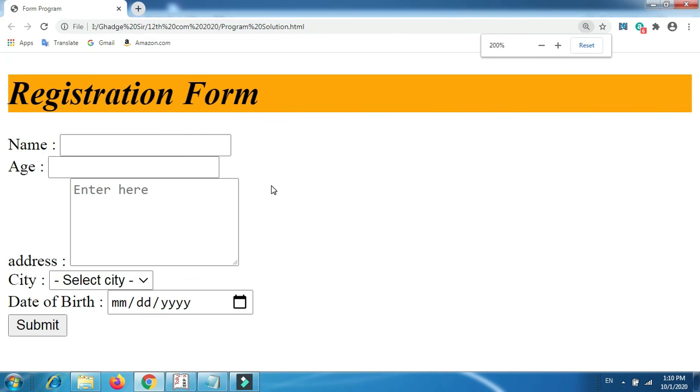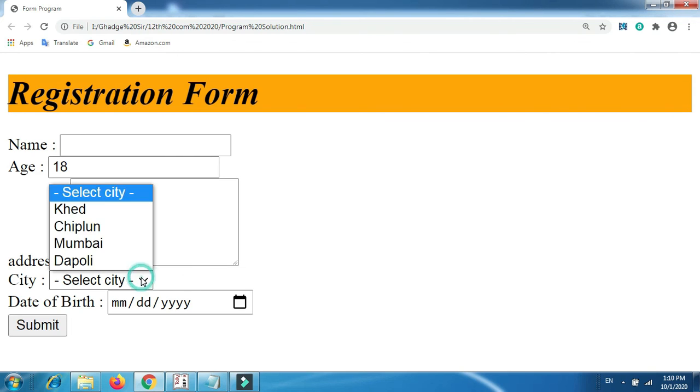See, the registration form is there, then the name field, age. For now you can use number, and in this way you can put numbers, fine. You can use the address here, enter here. Why is such text displayed? Because of the placeholder, fine.